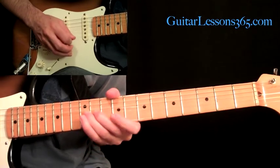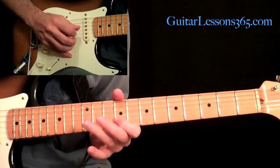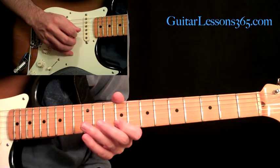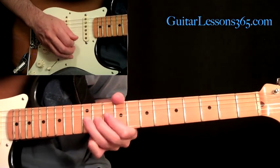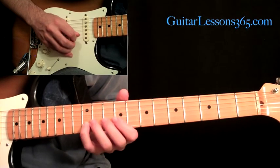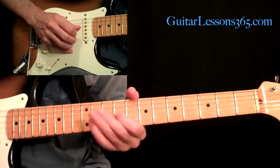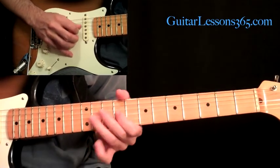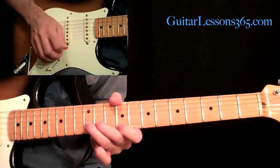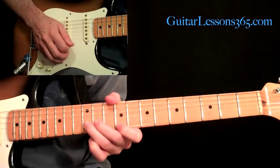So look at this. Okay. Then we come back and do a slight bend on this 12th fret. Back to the 9, then pick 12, 9, then 11, 9, and end the run there. And then we have the very ending of this little section, which is just a 9th fret,